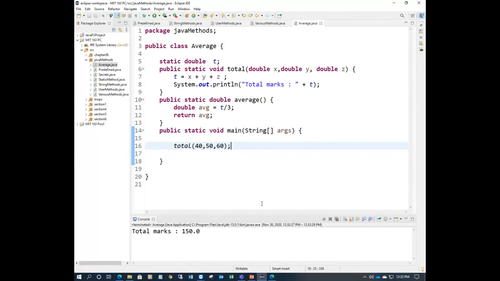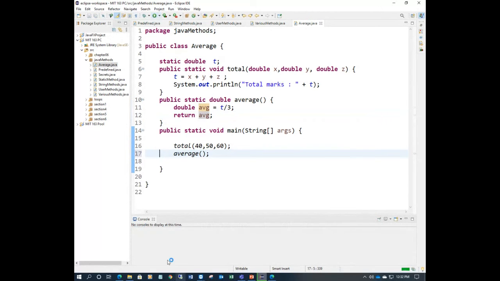But you need to again call average. Average is empty here, right? It will calculate, but it should return a value. So you just call it, it is calculating, but it's not returning a value. So you have to store the value here.